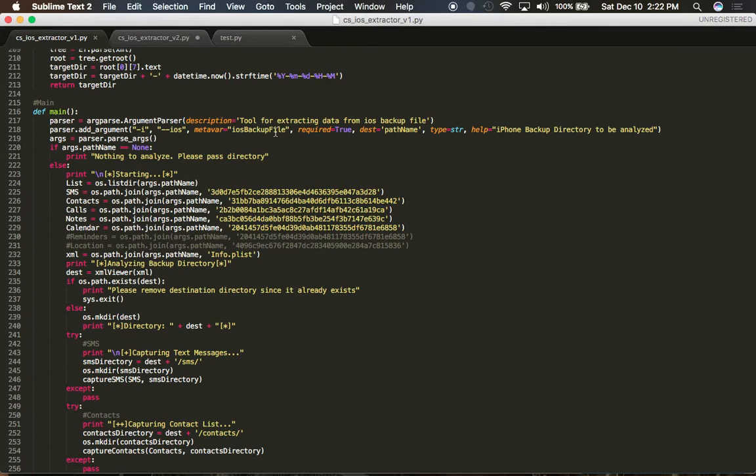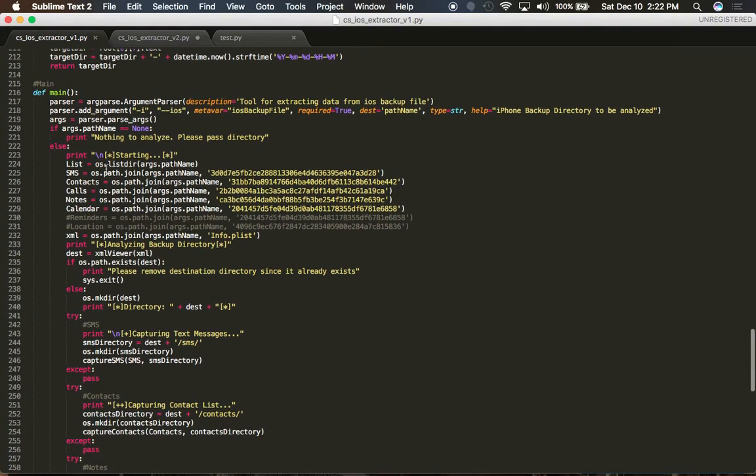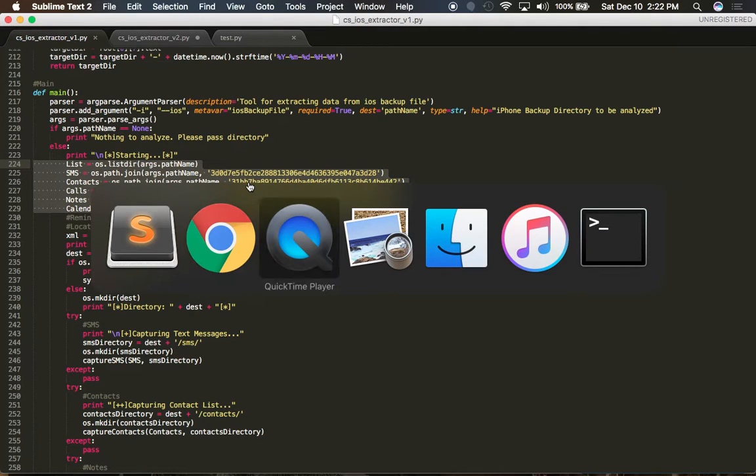So we're stating, this is a tool for extracting data from an iOS backup file. And in here is the whole bulk of it, mainly. The iOS 10 versions, there's a change here,